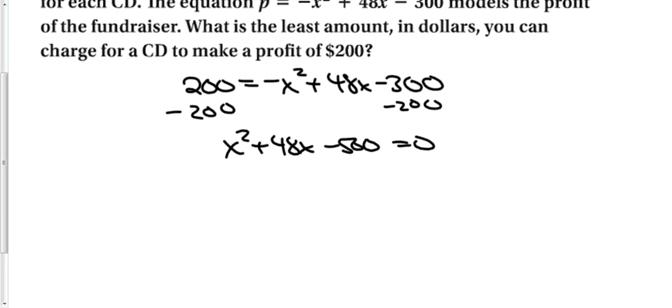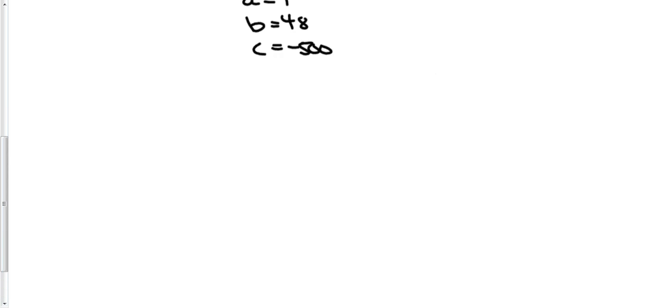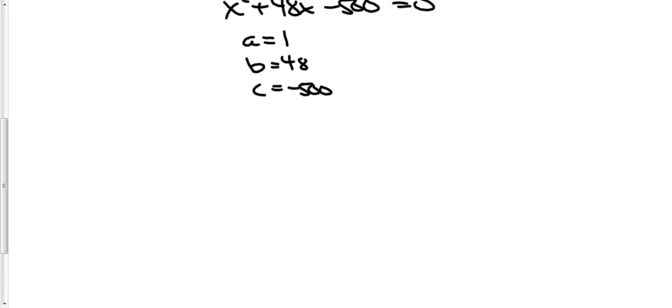Just flip it around. I could try to find the factors of 500 that subtract to 48, but there are not any. So I'm going to plug it into the quadratic formula. A is going to be 1, B is going to be 48, and C is going to be negative 500. Okay? So plugging this into the quadratic formula gives me x is going to be equal to negative 48 plus